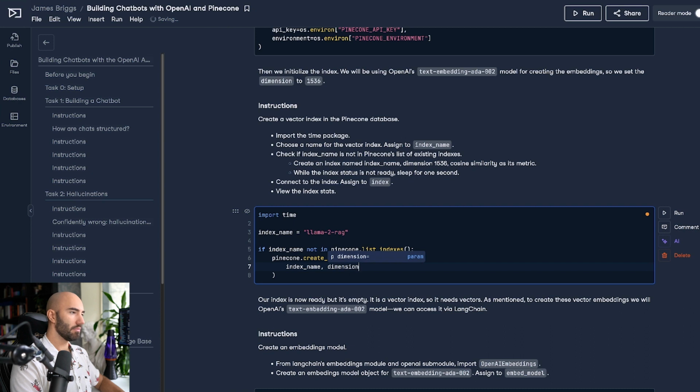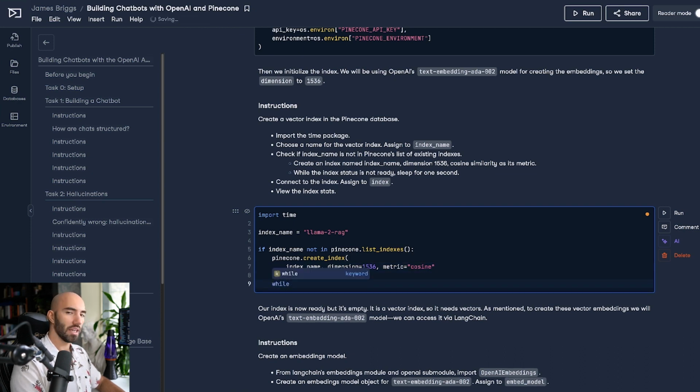So dimension is going to be equal to the dimensionality of ada-002, which is 1536. And the metric must align to the metric that ada-002 uses again. Now that can either be dot product or cosine. I'll go with cosine here.